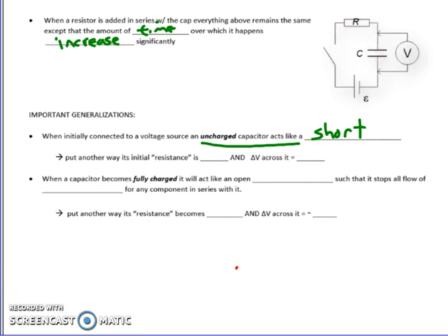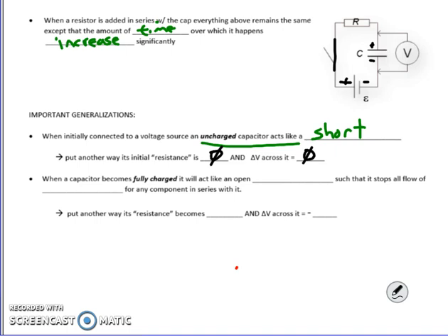As soon as we close this switch, the charges are going to come from here and there are going to very rapidly build up there because there's nothing opposing them. So you're going to have a maximum amount of current, like there was essentially zero resistance, and that's what we call a short. And the delta V across it initially is going to be 0, as we learned, when there's no